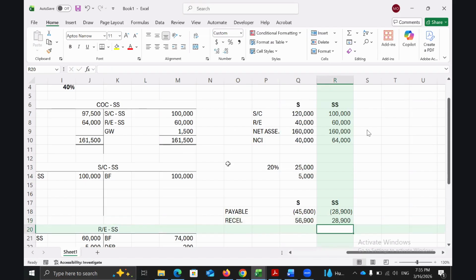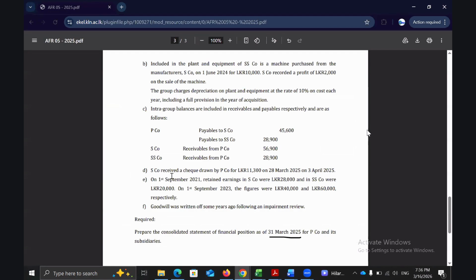Now the payable and receivable of SS can be set off. But here there's a difference. What can be the reason for this difference? If we read further, it says that S company received a check drawn by P company for rupees 11,300 on 28 March, on 3rd April. The check was drawn before the year end, but it was received by the other entity after the year end,